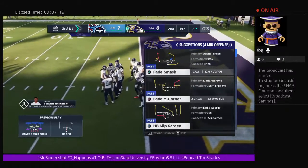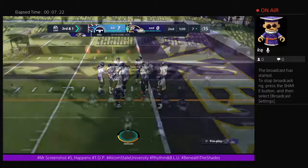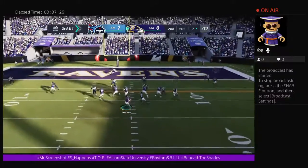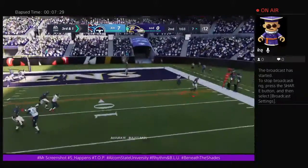Well, they certainly had success throwing the ball in this drive, and not as much running it, as we just saw once again on that last play. Stopped after a very short gain. But I wouldn't abandon the run totally, because otherwise, that's what...